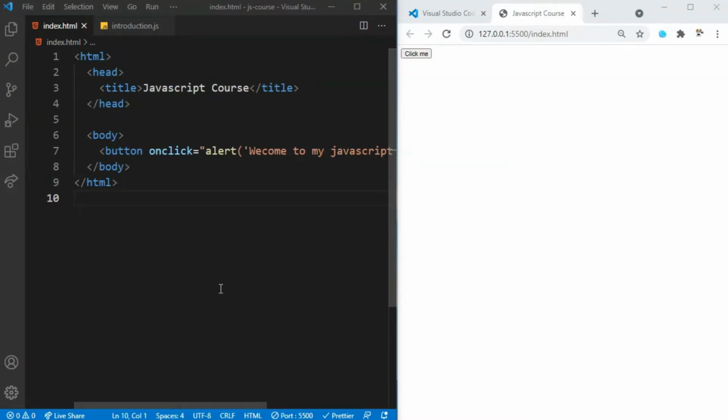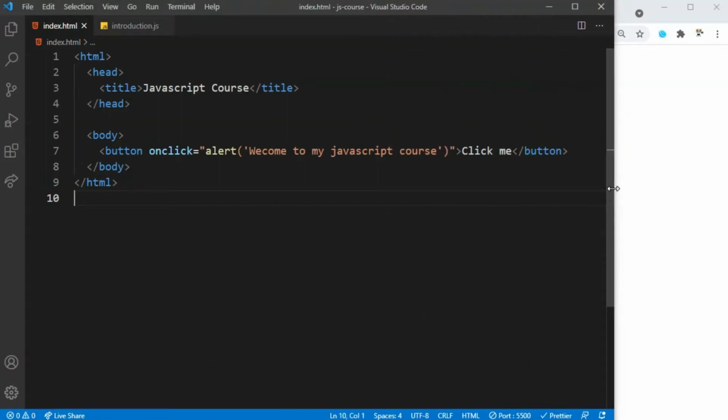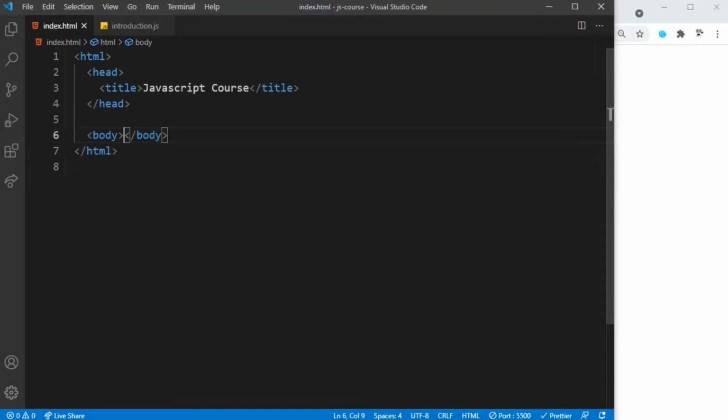Now let's discuss internal JavaScript and how we can add it to our document. Let me just make my Visual Studio a bit bigger. Let me just remove this button. Okay, the internal script can be written in the head or the body, but it is preferred to put it in the body of the HTML document. First, let us write it in the head part of the page.